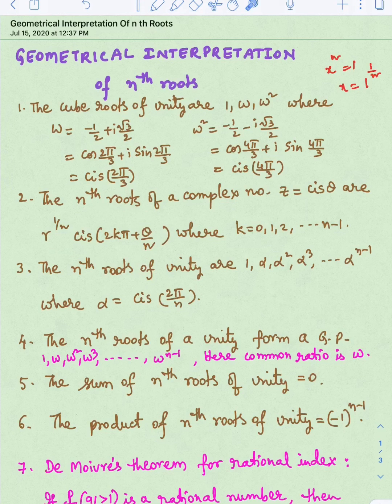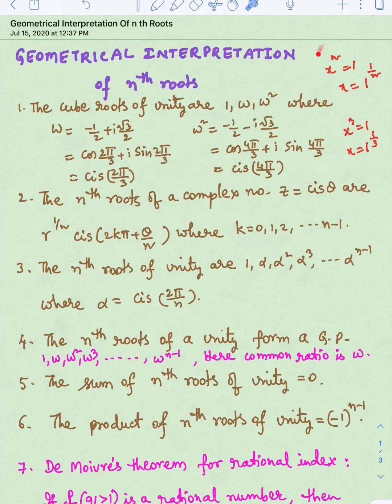They are in this form for a complex number. Now nth roots of unity. Here is the nth root of a complex number, and here is the nth root of unity. Unity means 1, which I have already explained in the first point. Cube root of unity is nothing but 1 power 1 by 3. That is x cube is equal to 1, x is equal to 1 power 1 by 3. So this is cube root of unity.